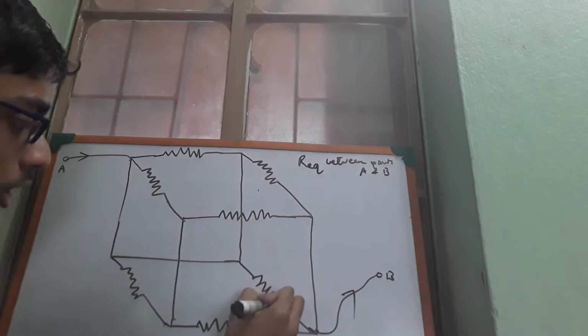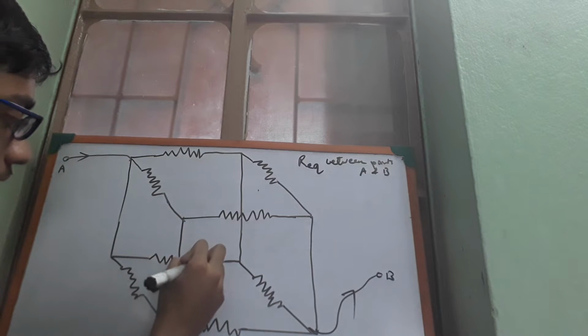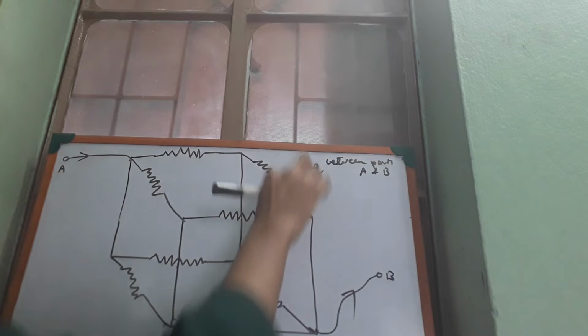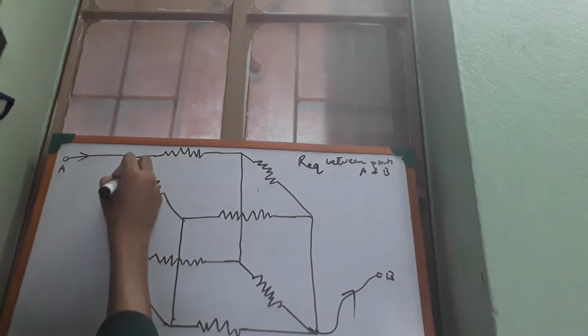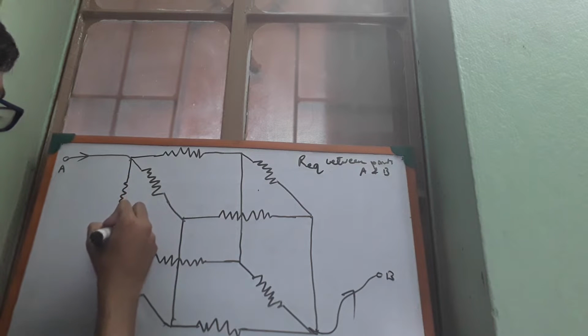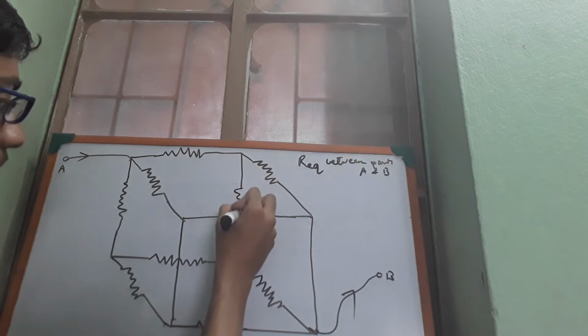And we can apply this trick only if all these resistances are equal. I mean, you can't say that this is 1 ohm, that is 2 ohm, that is 4 ohm. No, all of them must be equal. Even then, in most questions they will not give you cases where the resistances are not equal. That will be way more complex.